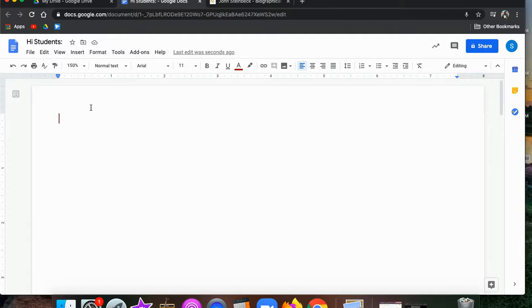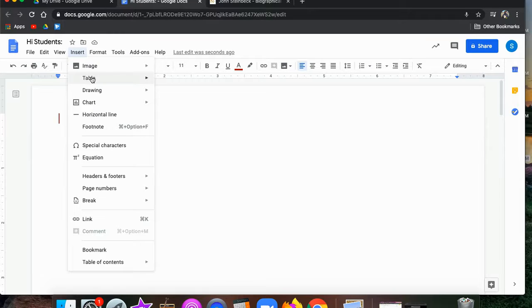You can use tables in Google Docs for a lot of different things. It can really help sort information and make things a little bit easier viewing-wise. Your teachers might be using that as a way to create their daily schedule and things like that. So to create a table, you're going to go to Insert, Table, and then you pick how many